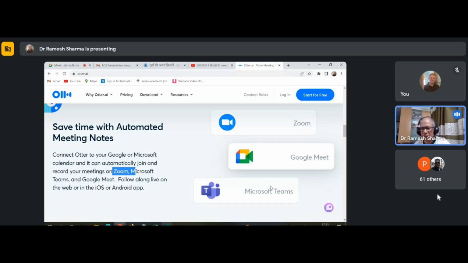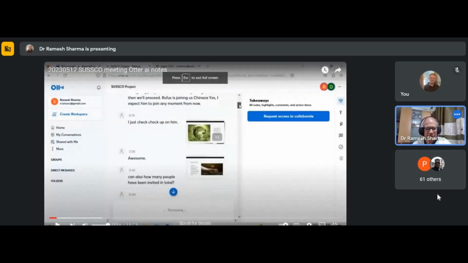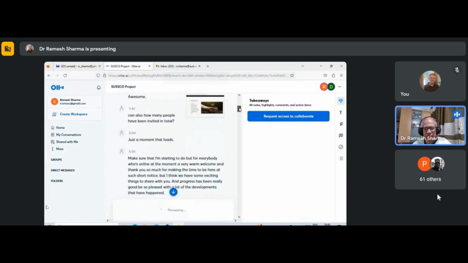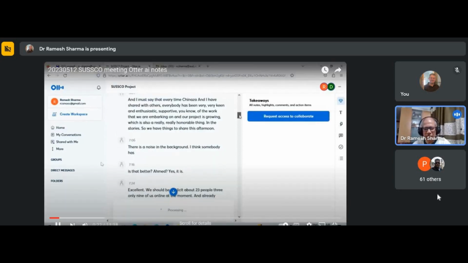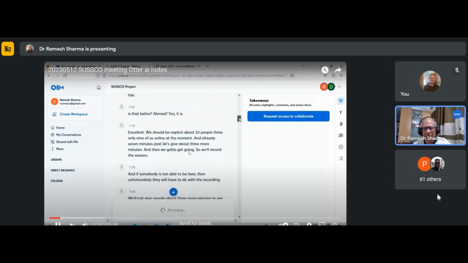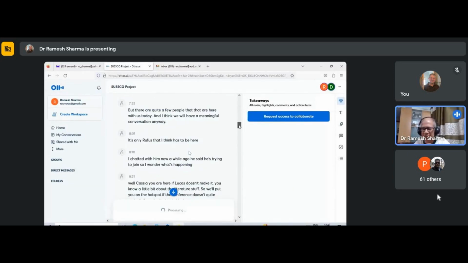Say, right now, Dr. Priyanka or our good friend Dr. Pracheta or Prashant may be making notes of the session. But if you configure it, let me show you a real live example of how we used it. Just some days ago, we had this meeting. It is an African project on which the team wanted to meet. Whatever is going on the screen, you see we are talking, and it is capturing it